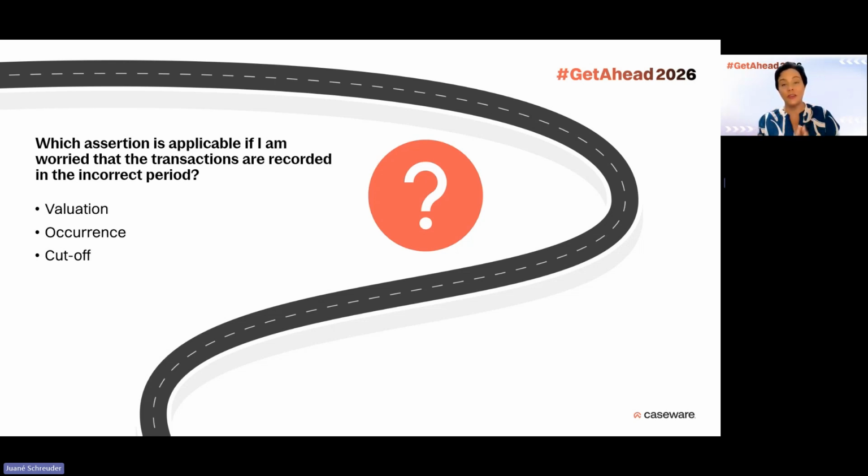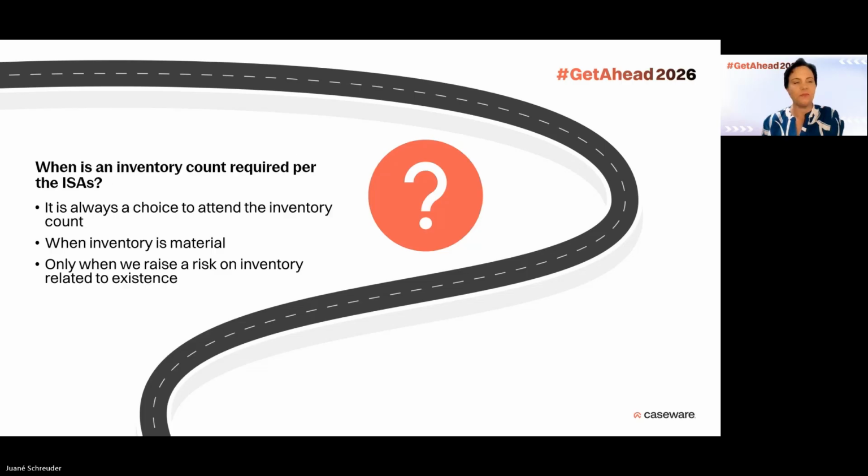But at financial year end, it makes a big difference. If a transaction, especially a material transaction, is recorded in the financial period when it should only be recorded in the next period, or if it's the other way around, we left it out, but it did actually relate to the financial period. And so that is, of course, cutoff, like you correctly pointed out. Well done. I couldn't catch you out on that one.